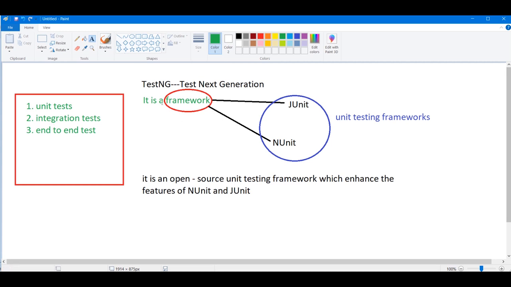Second thing is, it is a framework which is inspired by JUnit and NUnit. These are the unit testing tools used by a developer. Basically it is the developer, guys, because we are the quality assurance. Earlier it was done by us also, but right now we are not doing that. We are just making ourselves compatible with the technology. So these are the framework techniques.